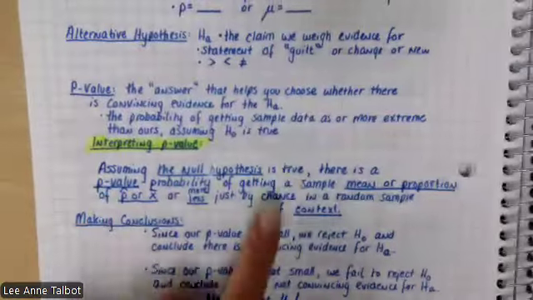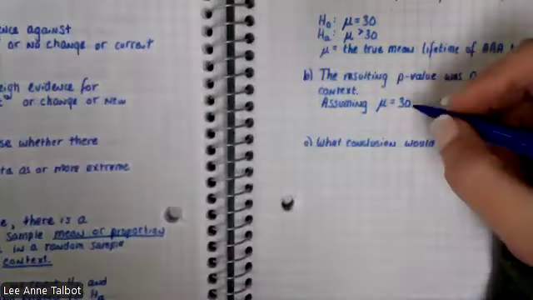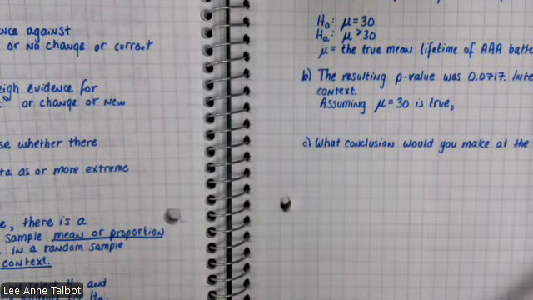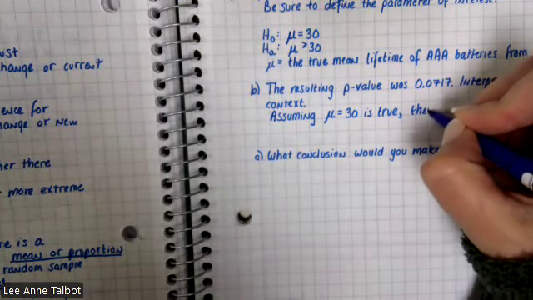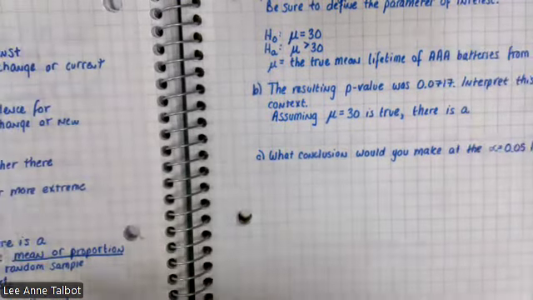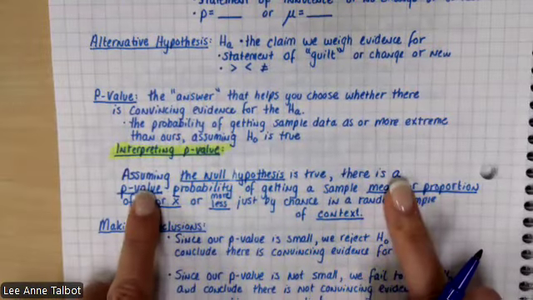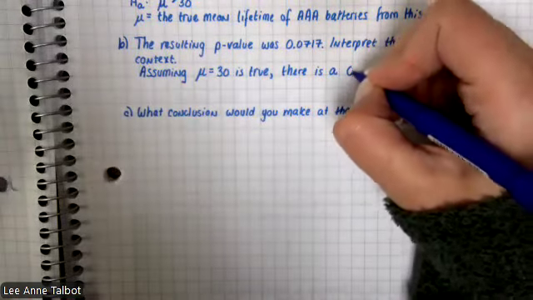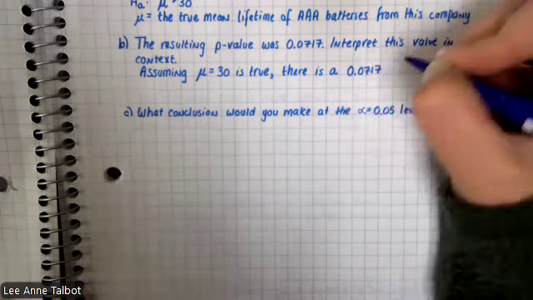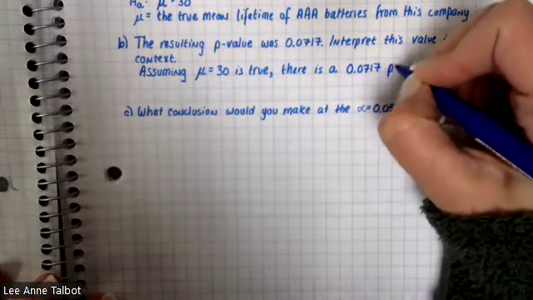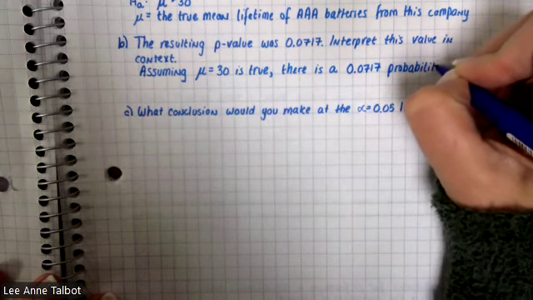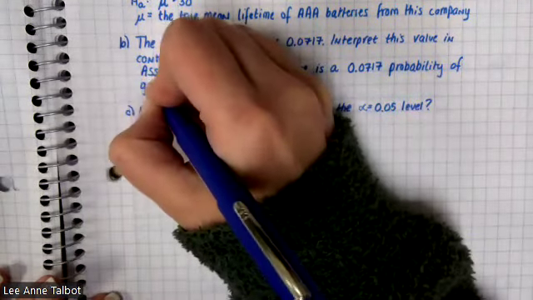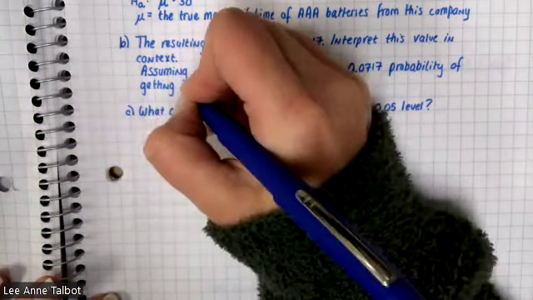Then it says is true, comma, there is a. Now what's the next thing? P-value, underlined. So you're going to write the decimal answer there. Probability of getting a sample